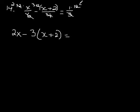3 goes into 12 4 times, we get 4. Now we're going to distribute. See this negative sign? It has to distribute over to that 2. So we get 2x minus 3x minus 6 equals 4. Minus x equals